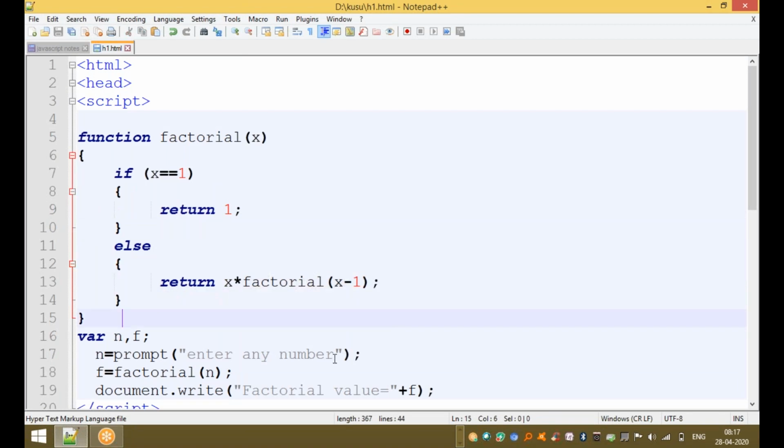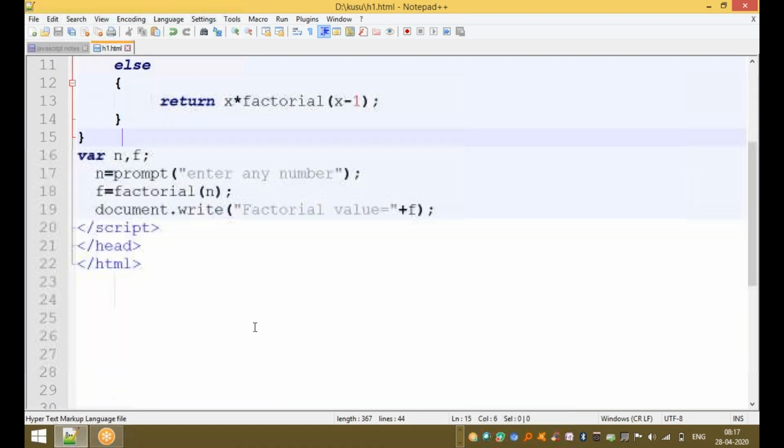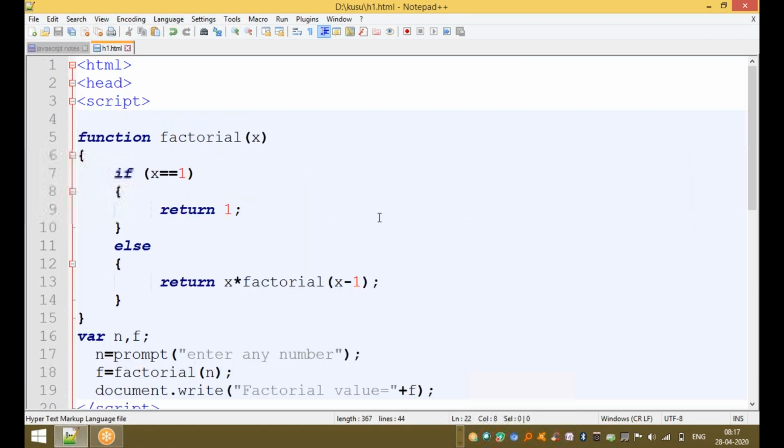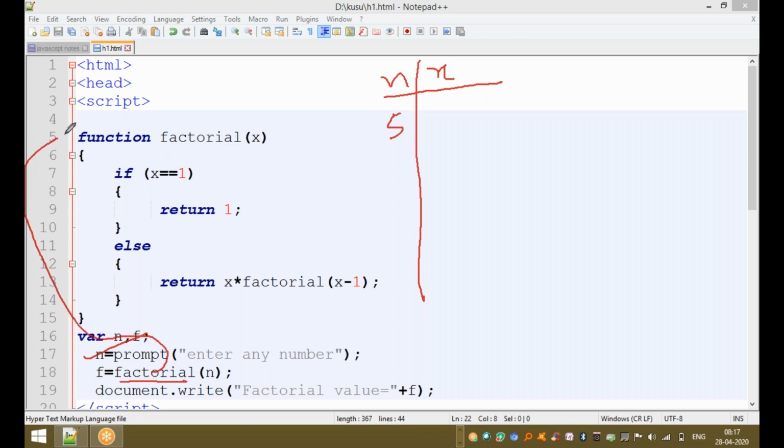This is a function. Now we have taken the value, how to execute this concept. For example, enter the value of n. Now I will explain the complete program. Now here this is the n value. Okay, clear? And take one more value. For example, we enter the value n equal to 5. Now whenever you are calling a factorial function, the control immediately transfers to the corresponding function factorial.